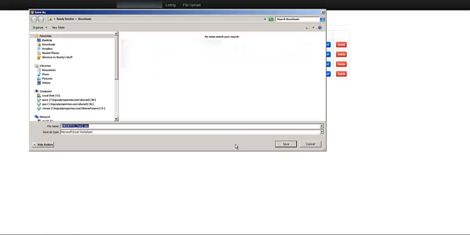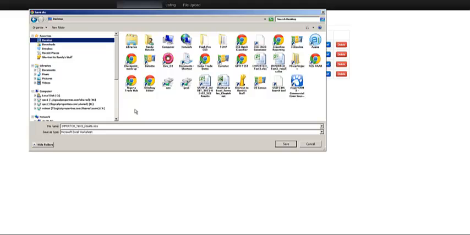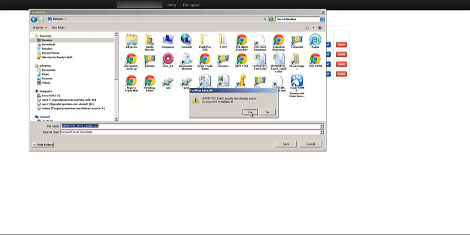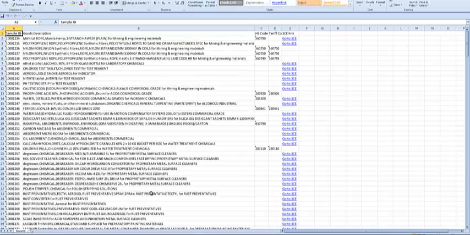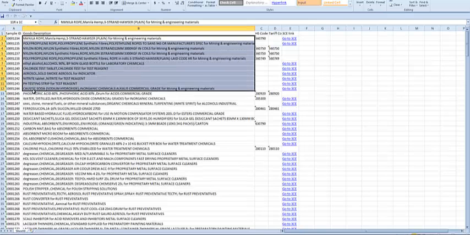We can now, let's call this results. We'll put it on our desktop. We'll replace the file that was already there. And so here's the file. What you see is what we had before, which are the unique identifiers, the product description, and